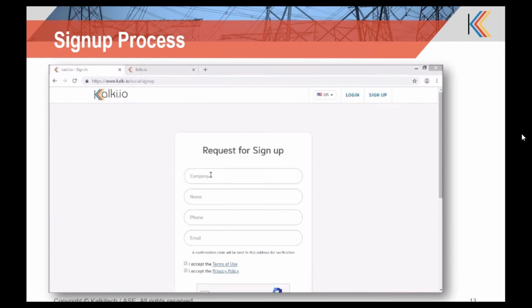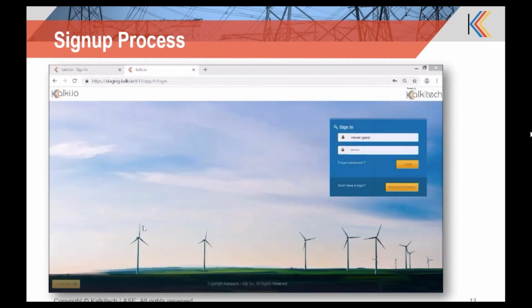Enter your company name, phone, email address. Once you accept the terms of use and privacy policy, you will be sent a verification code to the email ID that you have entered here. Once you enter the verification code, our support team will evaluate your request and send an activation link to the same email ID, using which you can set the password for your user account. Once you use the activation link and register the user, navigate to the URL assigned to you,